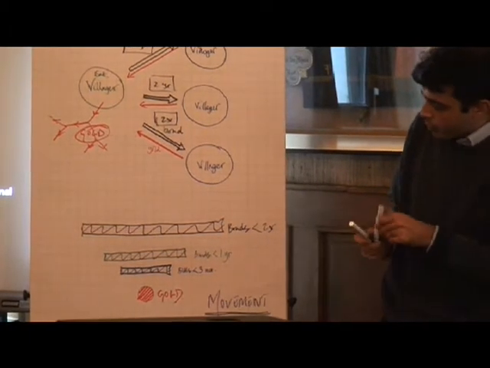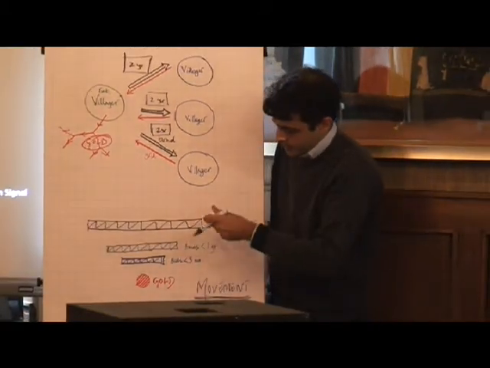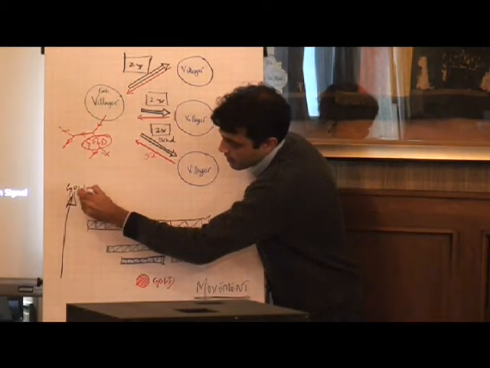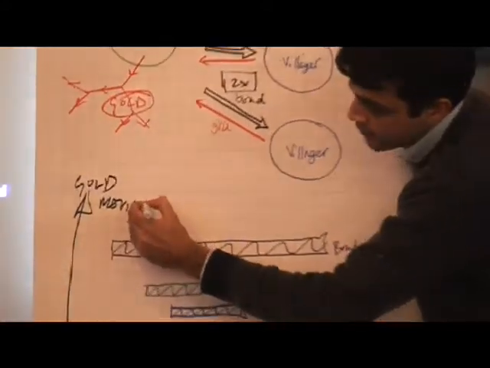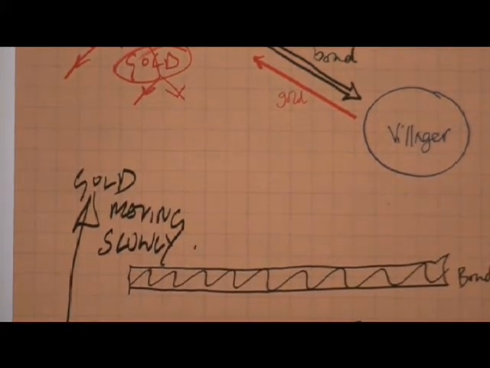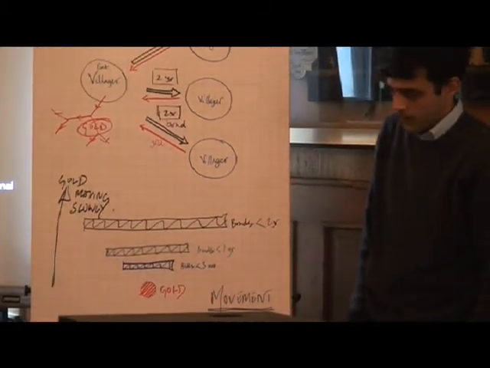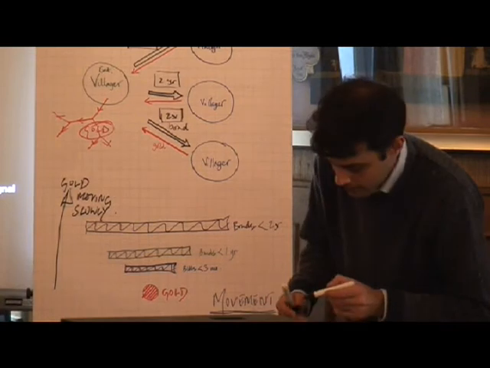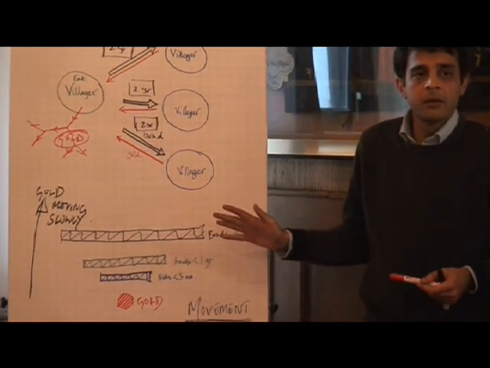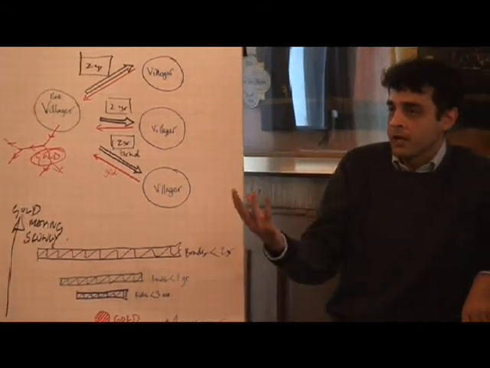So you have to imagine these rotating almost. And the higher up you go, the more slowly the underlying gold will be returned to the person that lent it. So is that all clear? You will have in this village the gold which does not change. The amount of gold